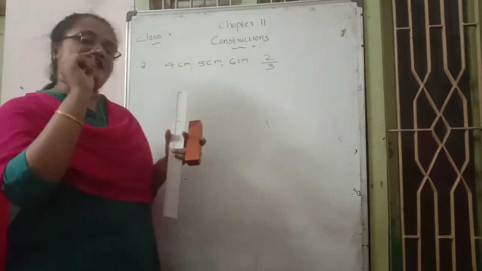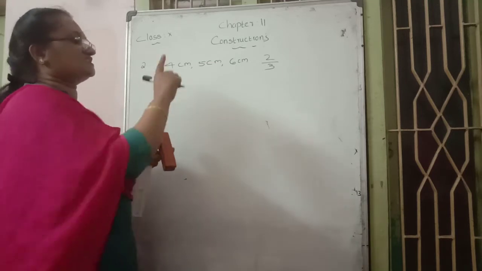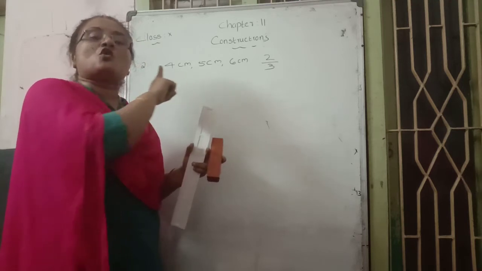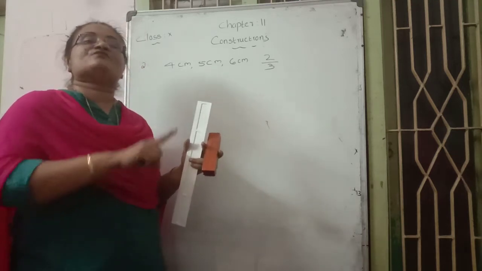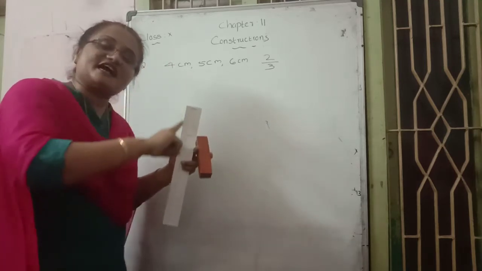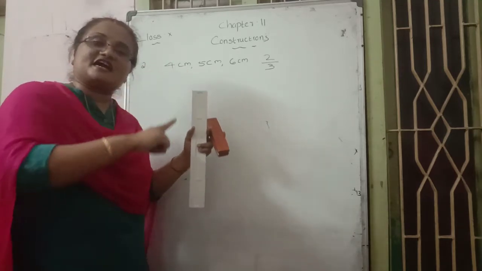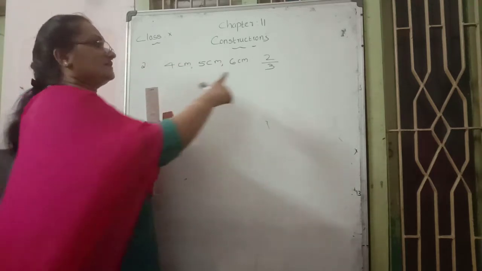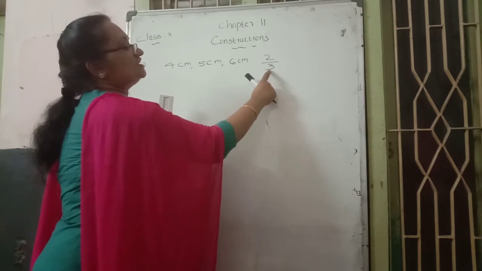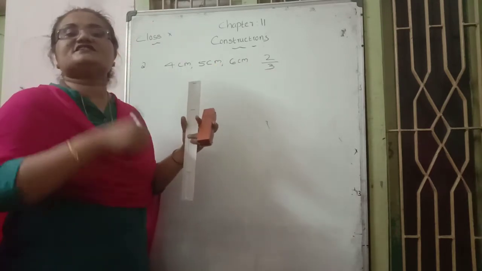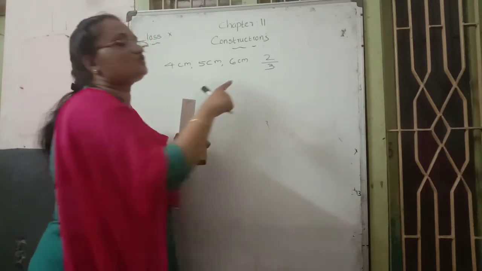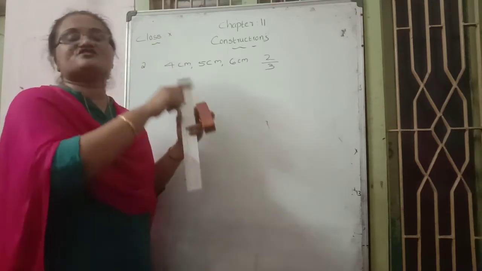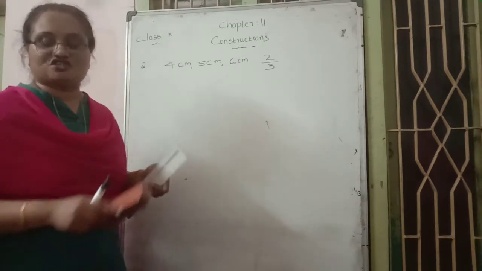How to draw it: the same process only. First our aim is to construct the original triangle with the help of the 3 side measurements. Next, afterwards, draw an acute angle. Then in that acute angle, mark some rays. Then on the basis of the scale factor denominator we mark the points. Here the denominator is which number? 3. So 3 points are marked, then join and draw parallel lines like this. That is the procedure.